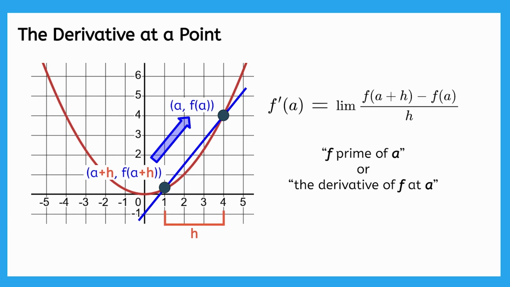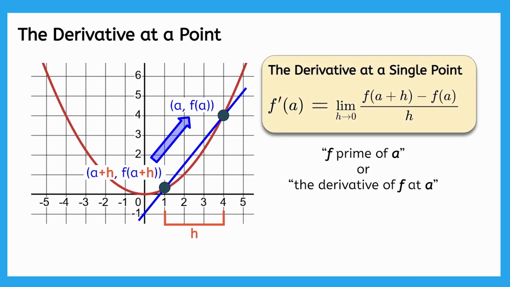Finally, the limit requires one value to approach another. Remember, we want to move a plus h infinitely close to a. How would the limit help us do that? Moving the points closer together means making the difference, h, smaller and smaller, so we want to find the limit as h approaches 0. This is the formula we'll use to find the derivative at a specific point on a curve, the limit of the slope formula, where the distance between 2 points approaches 0.